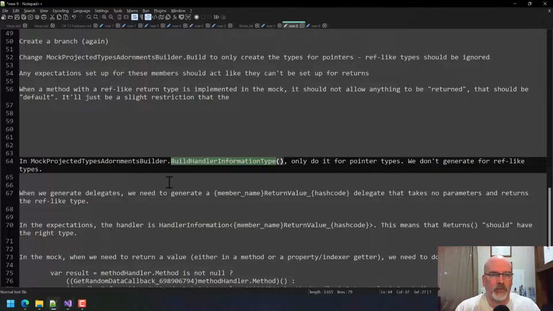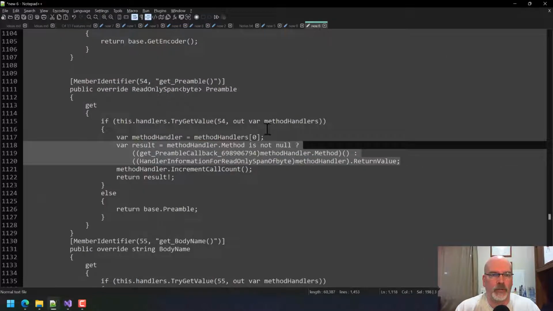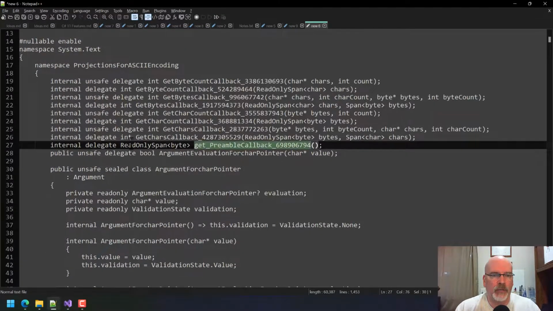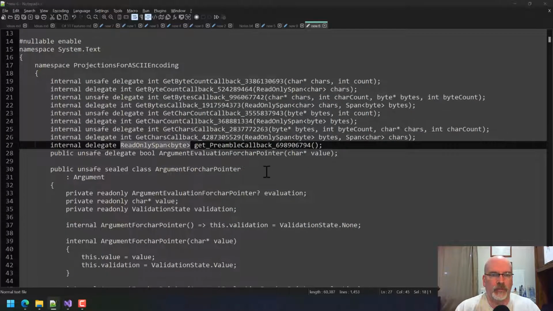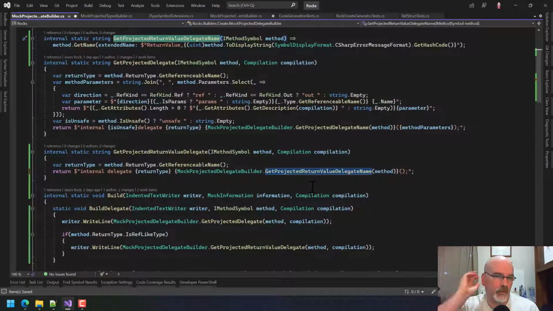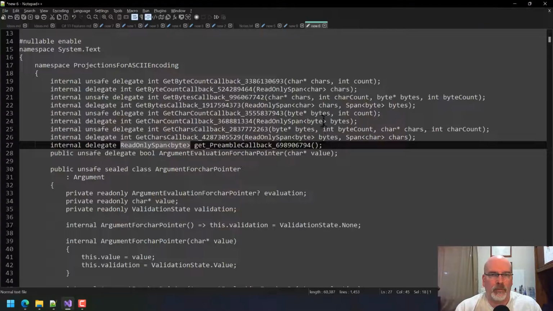And in fact, I believe it will, because if we look at this generated code, if we come all the way back up to the top here, the get preamble actually returns this. And that's exactly what we're trying to mimic. And so we get internal delegate return type. Okay, so now if we go back to here,